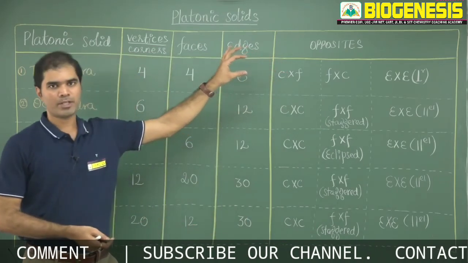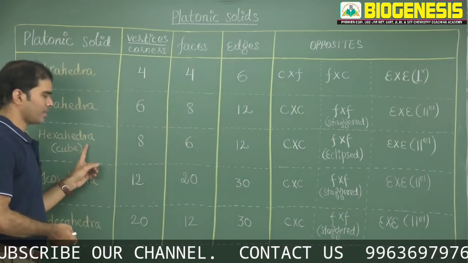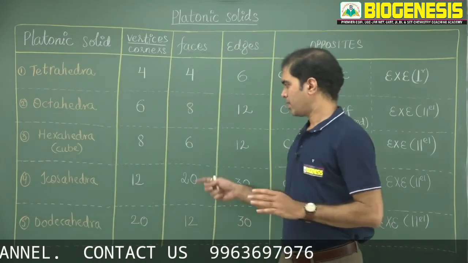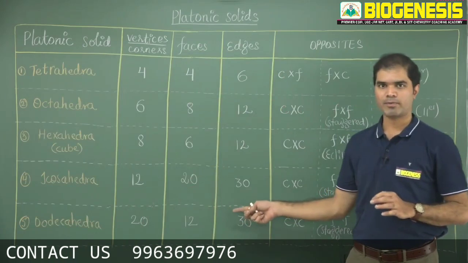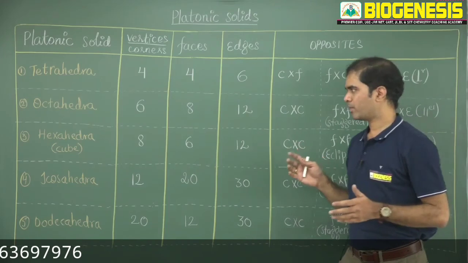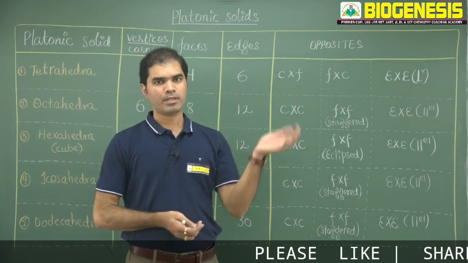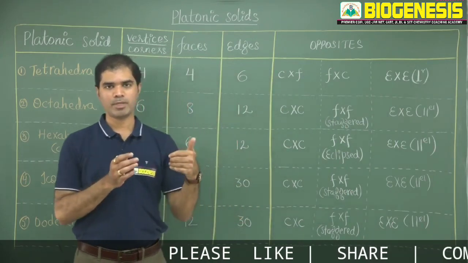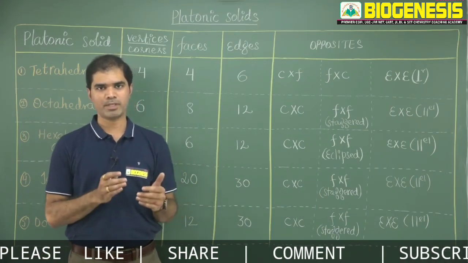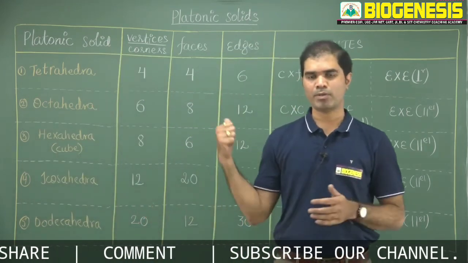Tetrahedra has 24 symmetry elements. It belongs to the Td point group. Octahedra or hexahedra, they belong to the Oh point group. They have 48 symmetry elements. And icosahedra and dodecahedra, they have 120 symmetry elements. They belong to the Ih point group. To understand all these symmetry elements, what we do is we choose the corners. We start from corners, try to pass the symmetry elements. Later on, simply move towards the faces, try to pass the symmetry elements. Then come to the edges, try to pass the symmetry elements. Then put all the symmetry elements into a group. You will get the point group of the corresponding